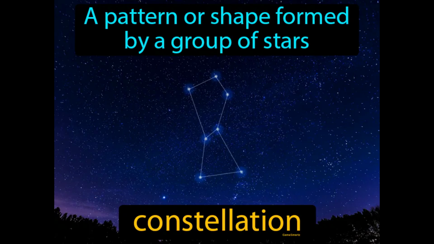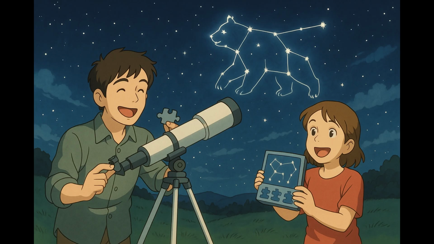A pattern or shape formed by a group of stars. Constellation. A constellation is a recognizable grouping of stars in the night sky that forms a pattern and is often named after mythological figures or animals. Imagine trying to assemble a jigsaw puzzle without a picture on the box to guide you. Just like how you need to focus on the shape and fit of each puzzle piece to create a coherent